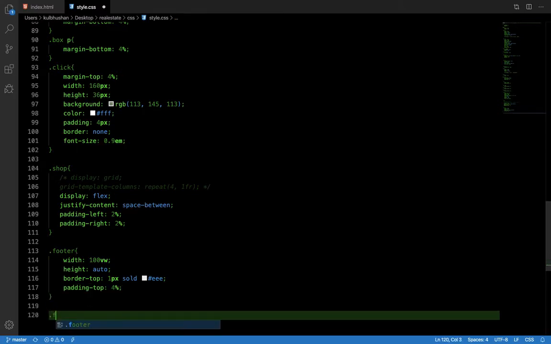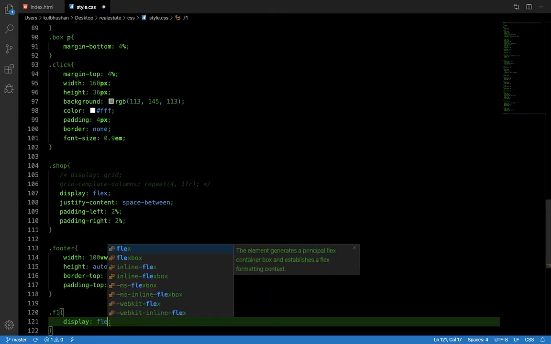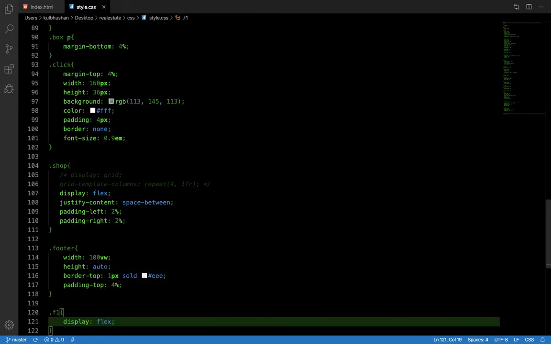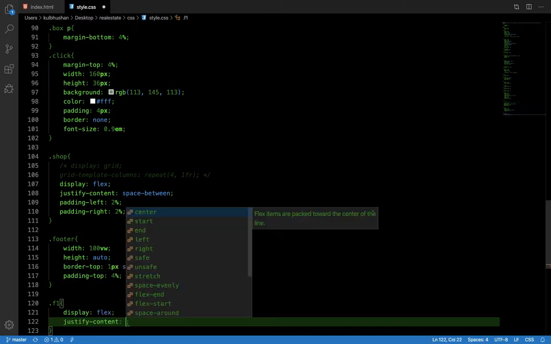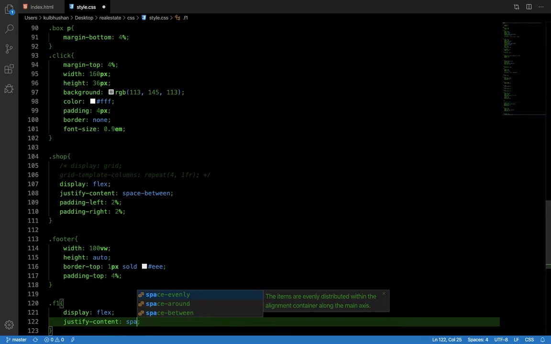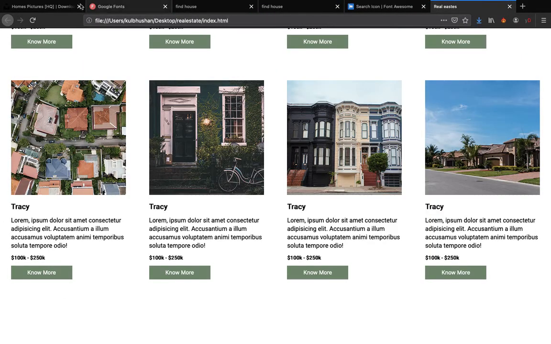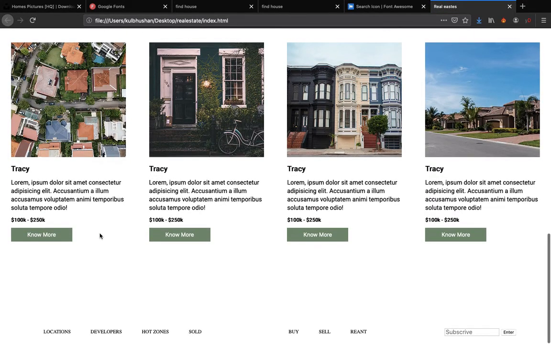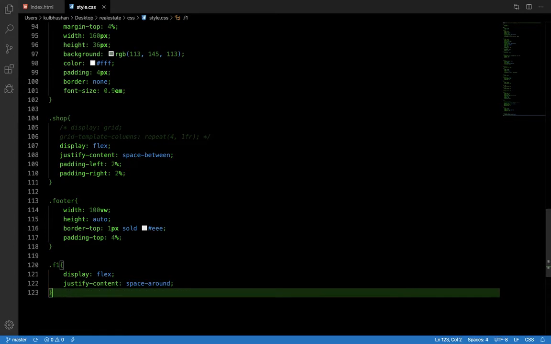Now we need to take care of F1. It needs display flex, yes, and justify content space around. That is what we are going to use here. Now the things will look a bit ugly. You come down here. Why is this footer not showing up? Why are these not displaying like how we want? Why? Because we have to do one more thing, that is